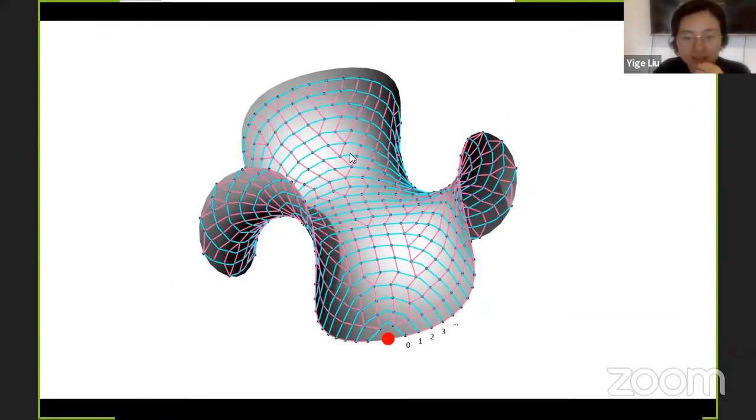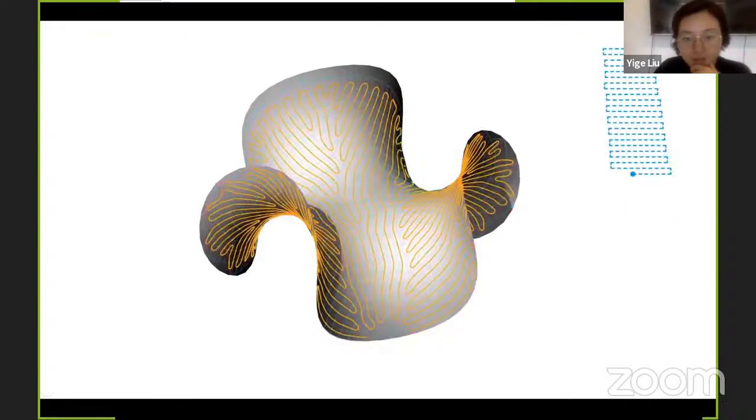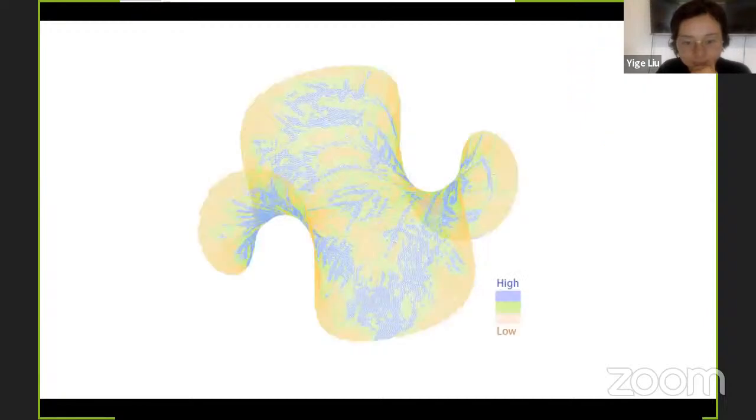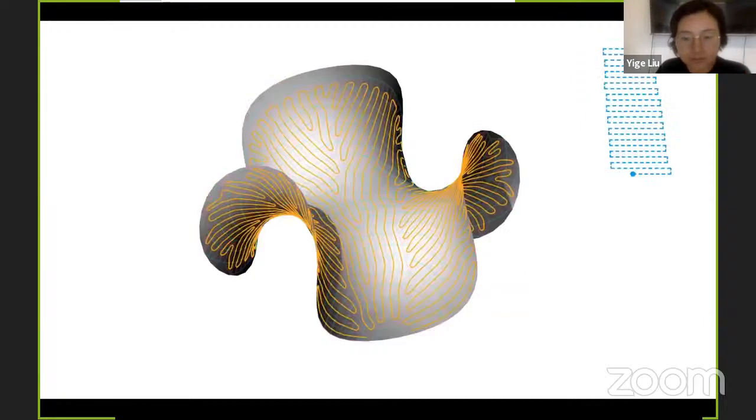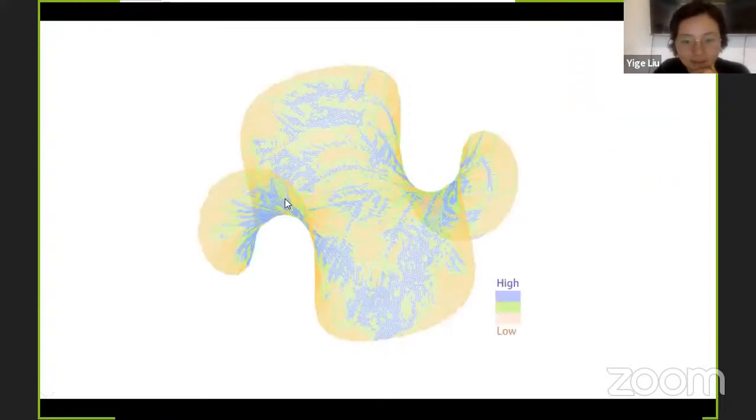So generating this knit graph is not enough yet. We still have to do an optimization process to make sure that one single line can connect all the knits, all the faces in this knit mesh. So after optimization, we know exactly which knits are located in which place over this 3D geometry. Then we can draw them and also analyze them to find whatever we want, according to whatever